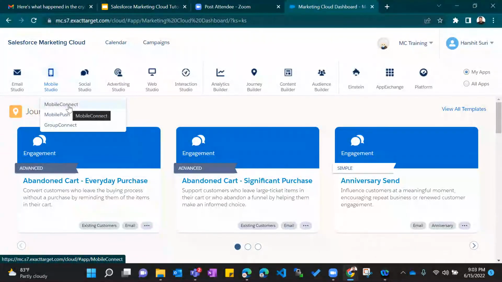So that type of interaction, where we have one-way and two-way interaction using SMS, can be possible with Mobile Connect. We have Mobile Push, guys, a very interactive marketing strategy being followed by every company now. Every company that runs business online is adopting an app-based strategy. You must be using Swiggy, Zomato, Uber, Ola in India. Every day, at least 2 times they send push notifications.